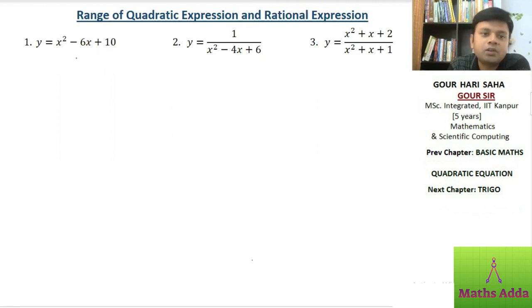Here y is equal to x square minus 6x plus 10. I want to find range, means what? If you change x and find all possible values of y, that set of all possible values of y will be range, right? So how to find range for this? If I try to change x, then x square will be varying differently than minus 6x, right? So we will have no idea how altogether this x square minus 6x plus 10 will be changing, right? So instead of having two different terms, I will try to make them one term. And how will I do that? I will make them perfect square. So first method I am going to use, convert to perfect square.